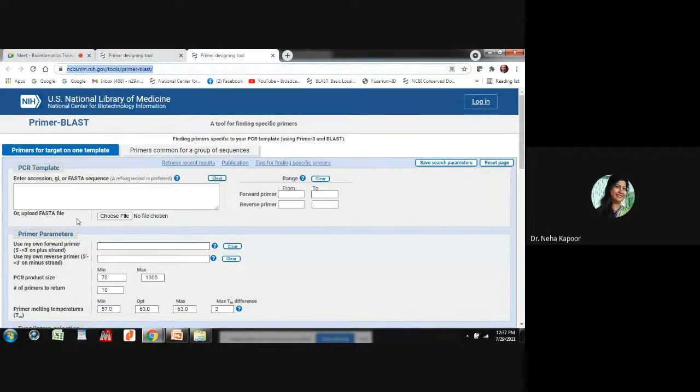Similar to the one I have already opened. Here, as you can see, the accession number is there. That means I have chosen this glyceraldehyde 3-phosphate dehydrogenase variant 1 sequence so as to design the primers. So what I am doing here, the accession number is pasted here, or you can directly copy-paste the sequence also. And here you can mention the range for the forward primer, up to what length you shall start your forward primer. That depends upon you.